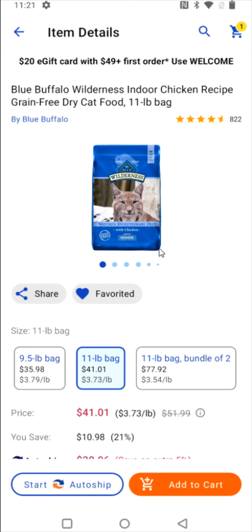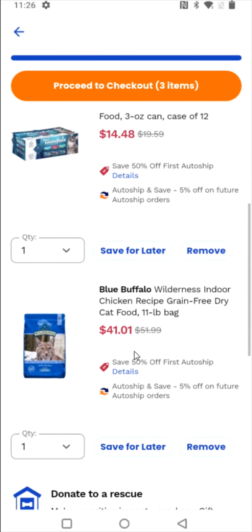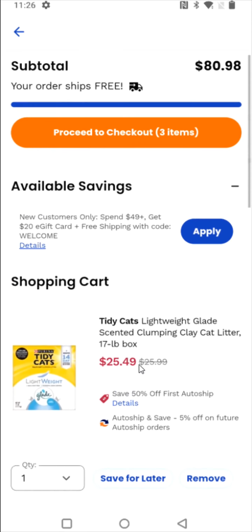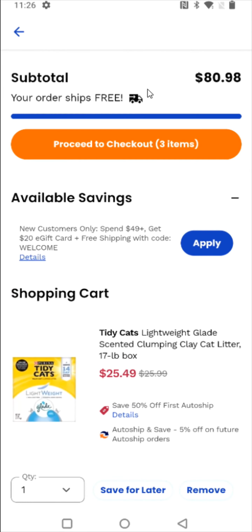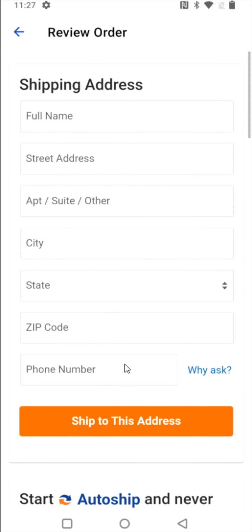So while you're shopping, if you ever want to take a look at your cart, you can click on your cart here in the upper right-hand corner. And I'm going to add some more items to my cart before proceeding to check out. So once you have all of the items in your cart that you're looking to check out with, then we can proceed to check out. And your order will ship for free if it's over $50, so we can click here where it says proceed to check out. And if you haven't already done so, you can enter in your shipping information